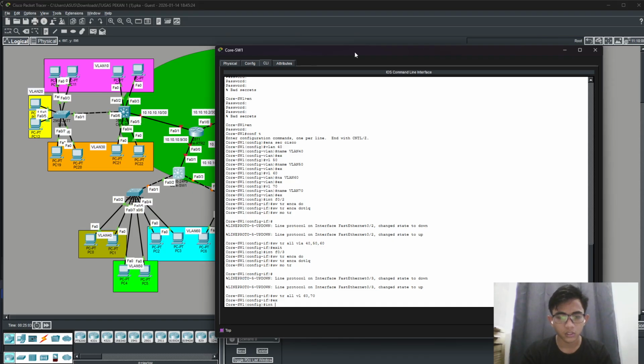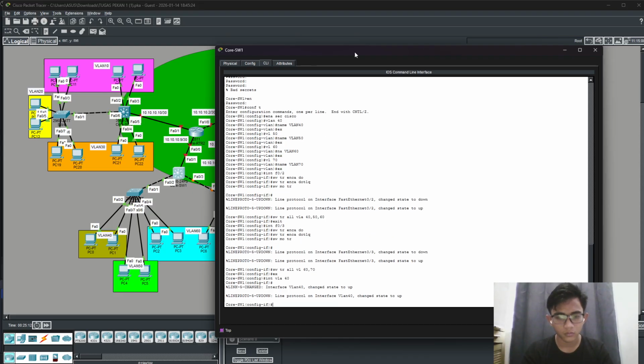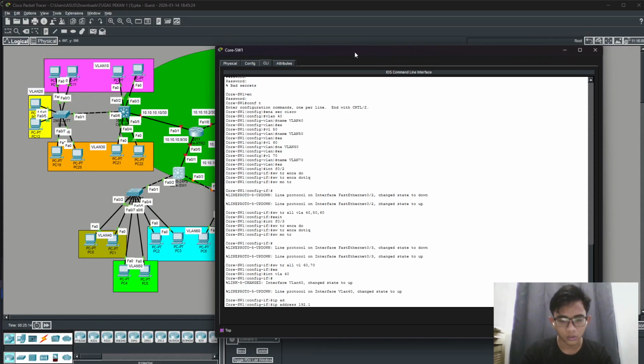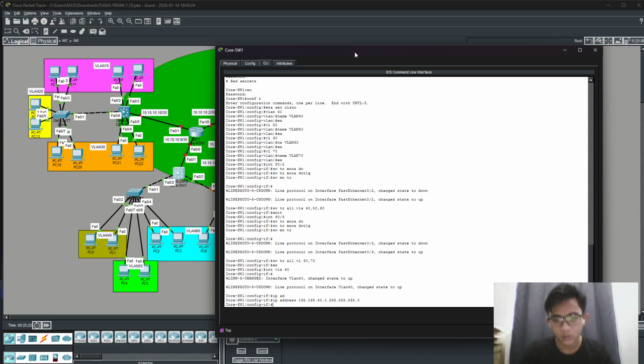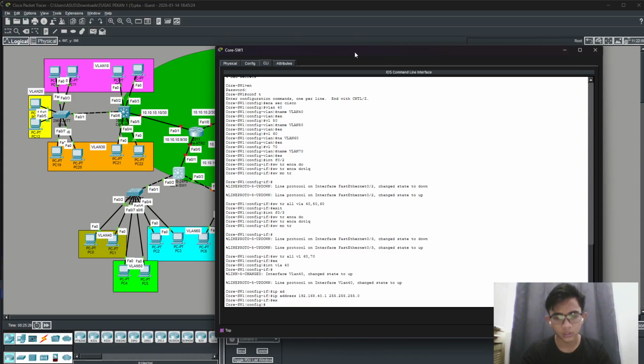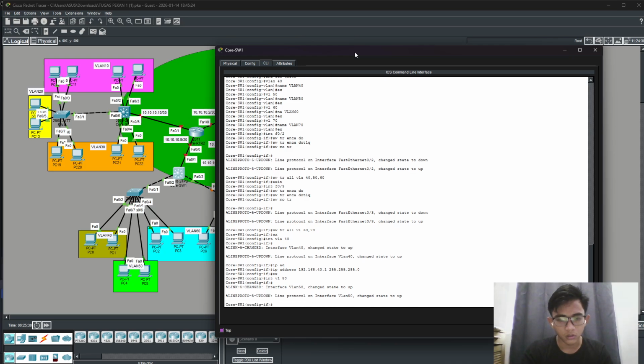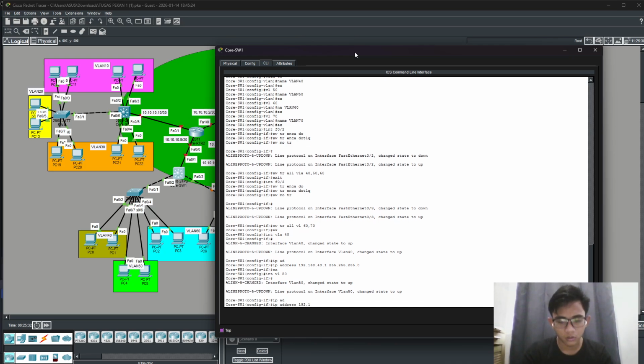So interface VLAN 40. IP address is 40.1, then I'm sorry, with the subnet mask. Okay. Exit. Interface VLAN 50. Enter IP address 50.1.